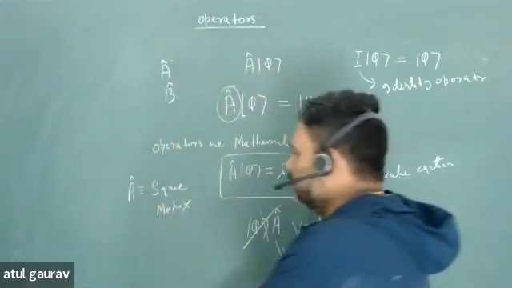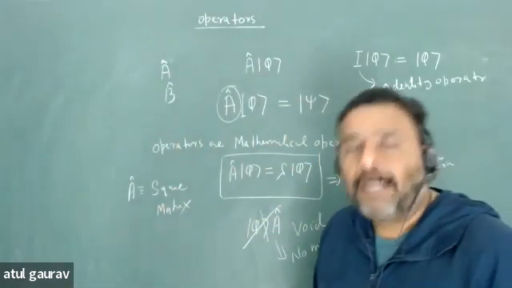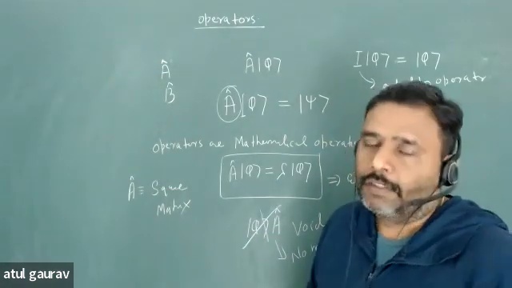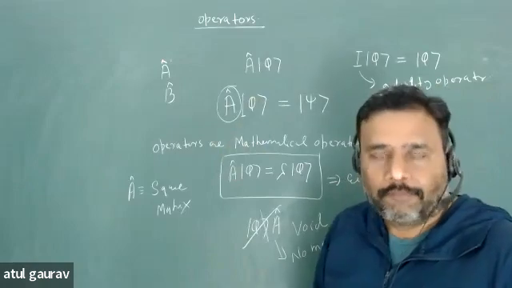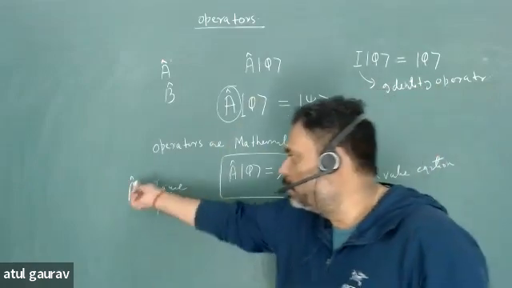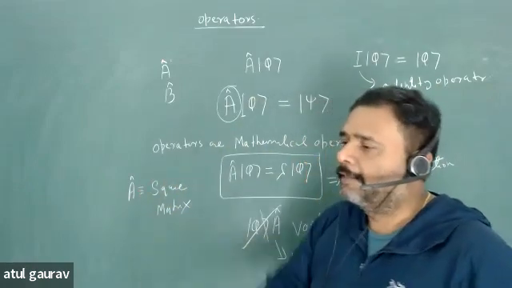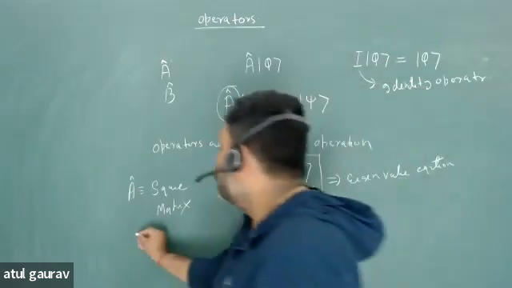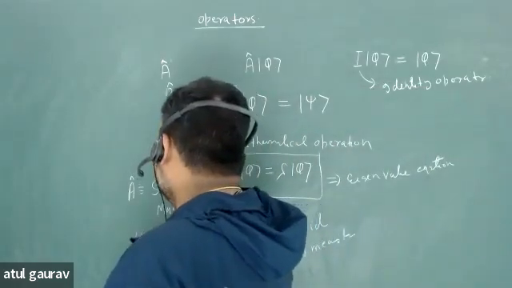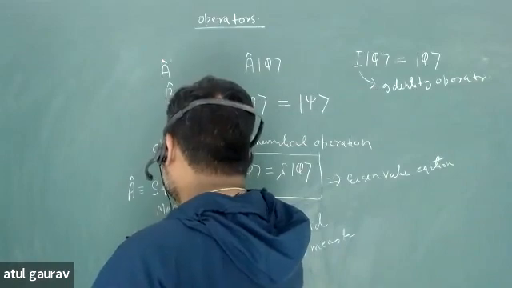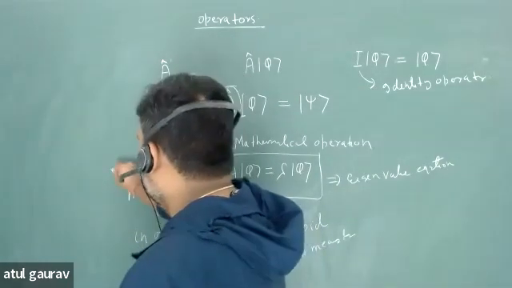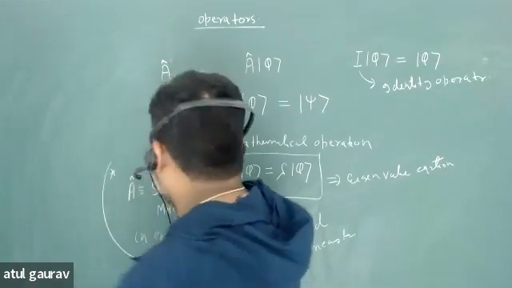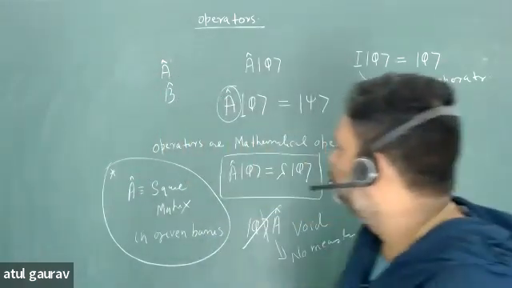सम स्क्वायर मैट्रिक्स के टर्म में आप उसे दिखा सकते हो, आप उसे शो कर सकते हो। जैसे इस किट को आप किसके टर्म में दिखाते हो? एक कॉलम वेक्टर के टर्म में दिखाते हो। उसी तरह ऑपरेटर को आप स्क्वायर मैट्रिक्स के टर्म में दिखा देते हो, इन अ गिवन बेसिस। इसके बारे में अलग से बात करेंगे, अभी रहने देते हैं, ठीक है। दिस इज वेरी इंटरेस्टिंग, इन अ गिवन बेसिस।